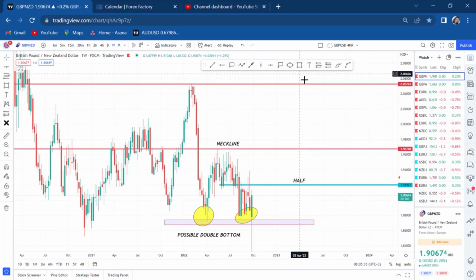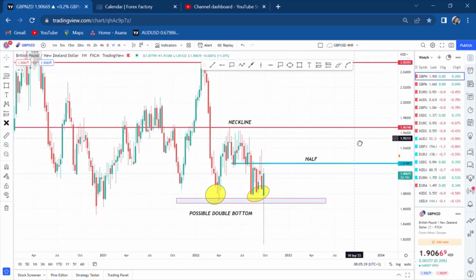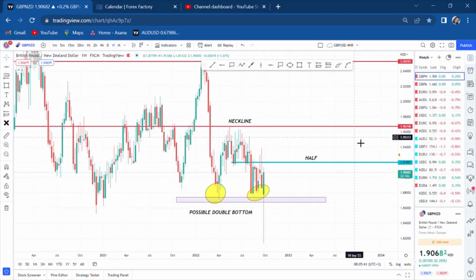So what I'm trying to teach you guys is that don't trust one time frame. Don't trust one time frame. Why? Because the minute you're on 4-hour, your mind is thinking to sell. You go to daily, your mind is confused. But once you come to weekly, you have a clear thought on what is happening.